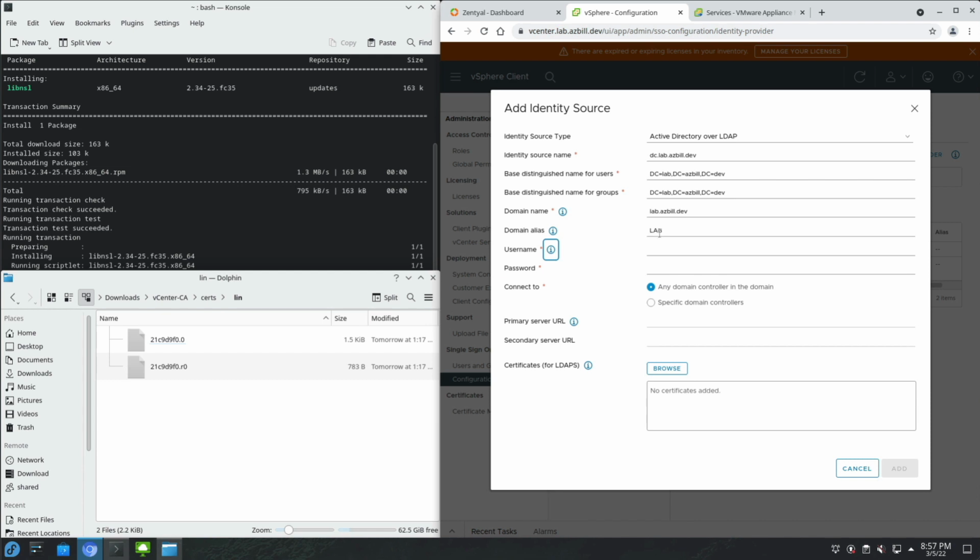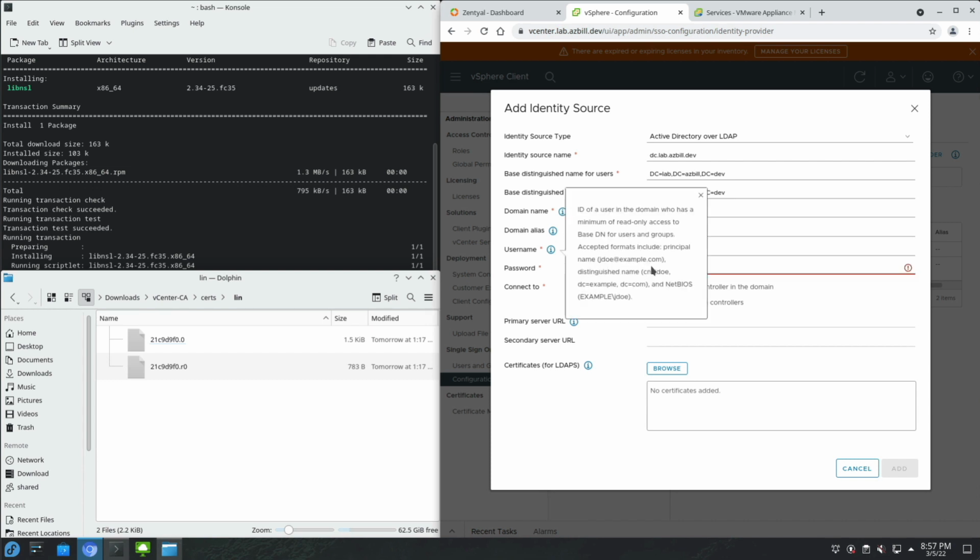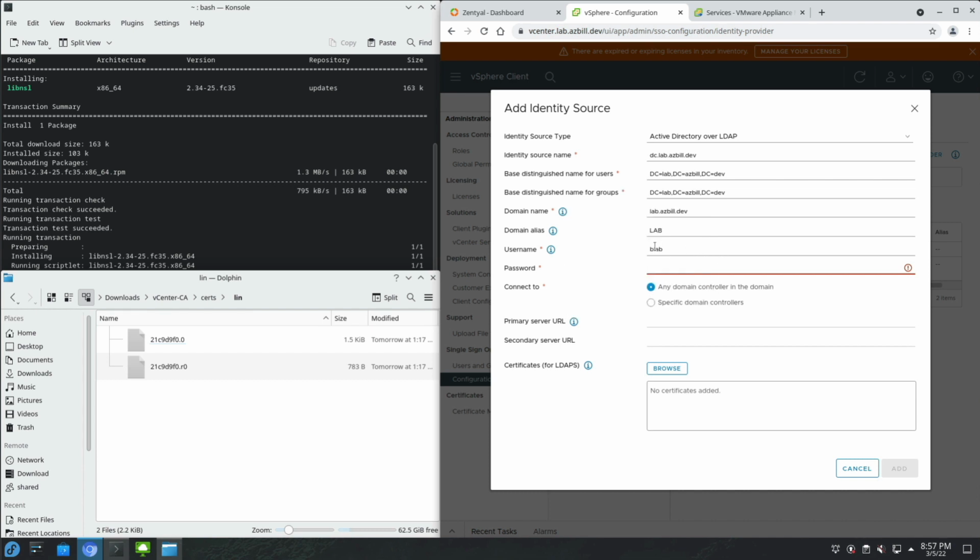Now the username for us to authenticate and do our confirmation, I'll use an Active Directory domain administrator here. All right, what format do they want it in? Oh yeah. Let's do like this. And we'll go ahead and specify our domain controller since we just have that one.